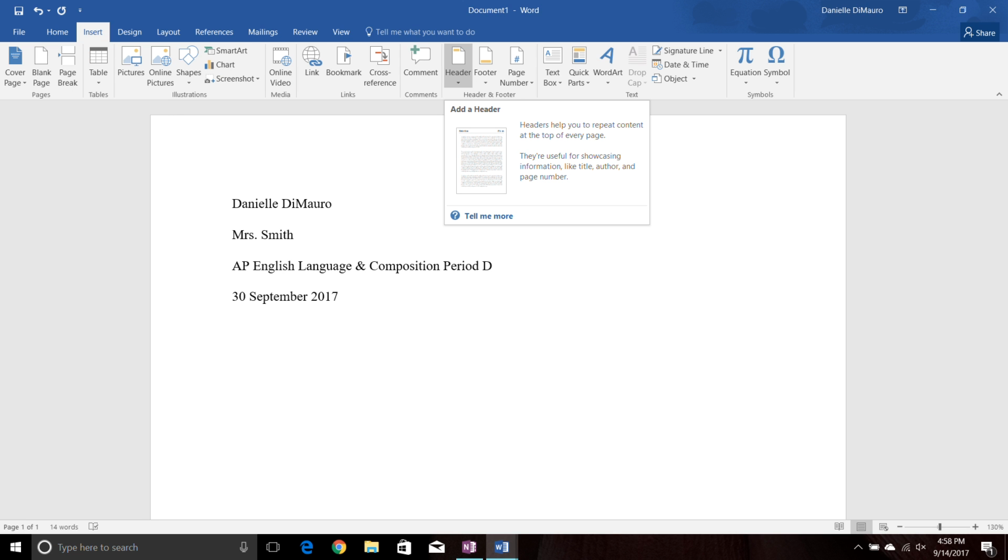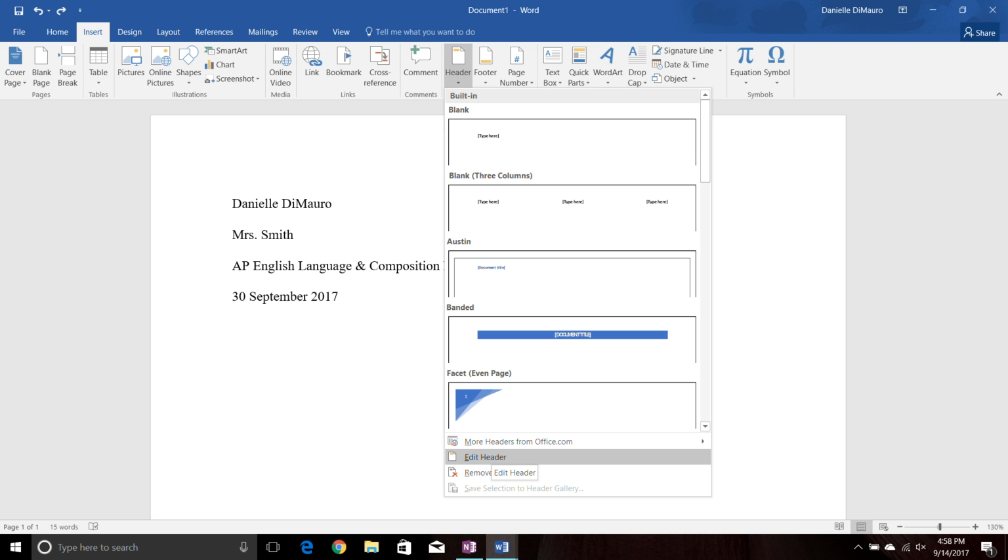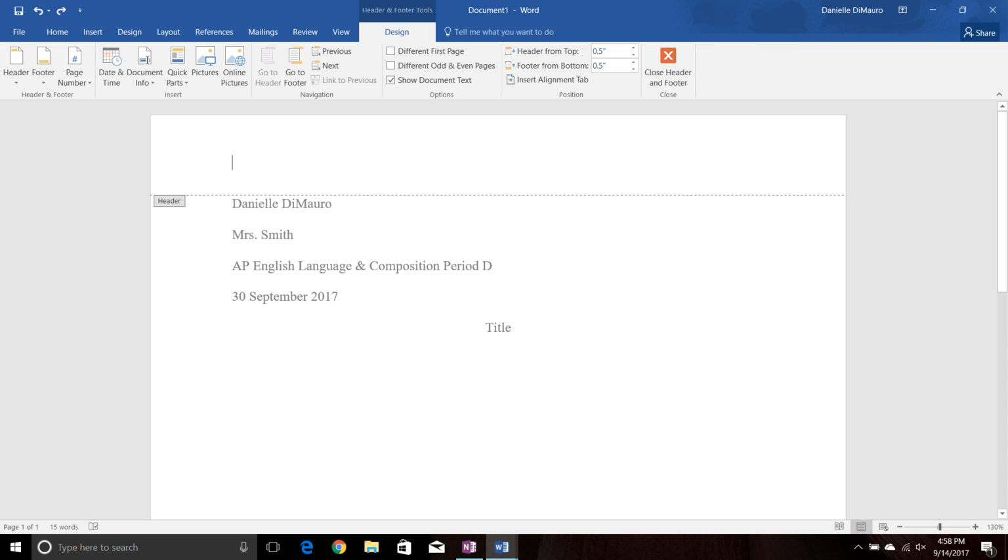And there you go. Now the next thing is you're going to add a header in the top right corner with your last name and the page number. So how you can get to header is you go under Insert and enter header, or you could do a double left click in the top above where the header would be. So if you're clicking over here in Insert Header, you're going to go to Edit Header, and you will see